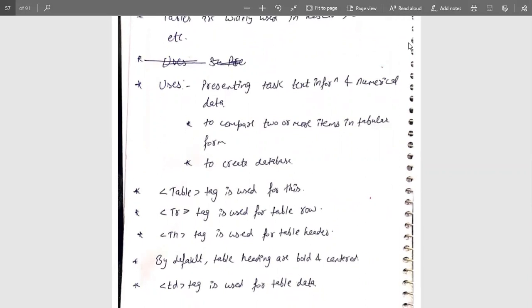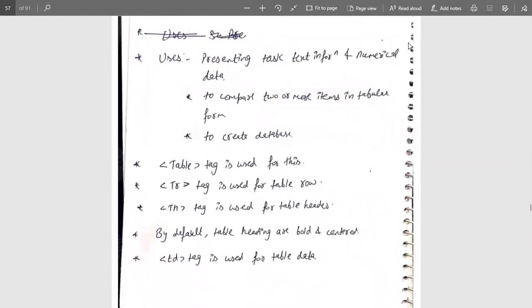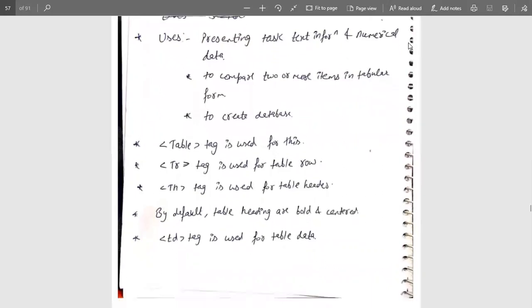To create a table, we have to use the tag called table itself within angular brackets. Now the tr tag is also used in a table for creating rows. Whenever we have to create a row, we have to use the tr tag. And in a table, there must be some header. Header means the main part identifying the actual fields or values. That header is defined with the help of the th tag. Th defines the table header.